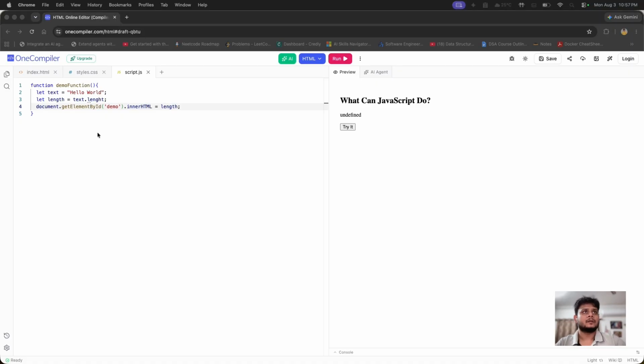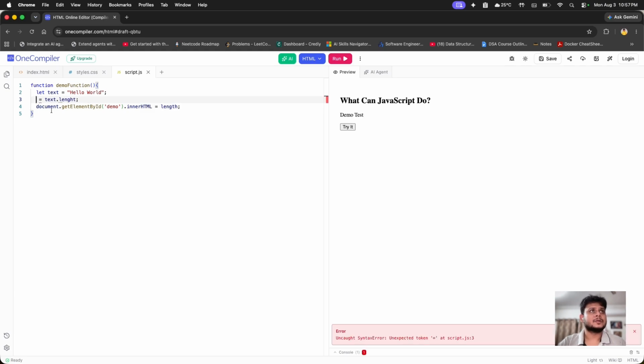Okay, so innerHTML, text.length, and not okay. So we are getting length and length. So if I put this one instead of this one,